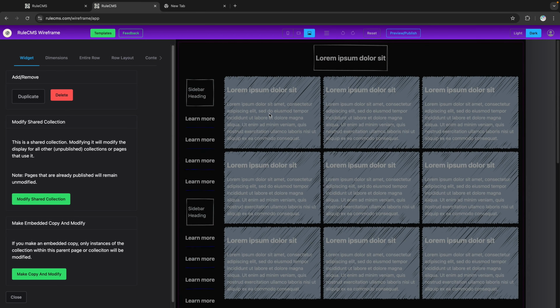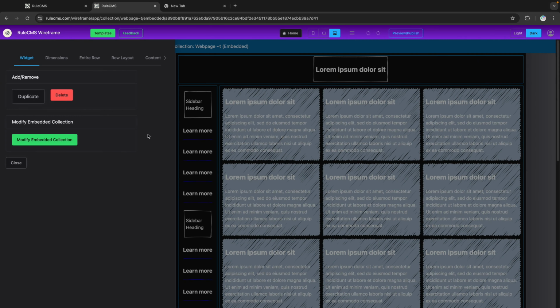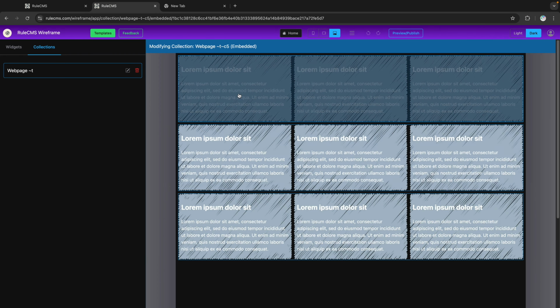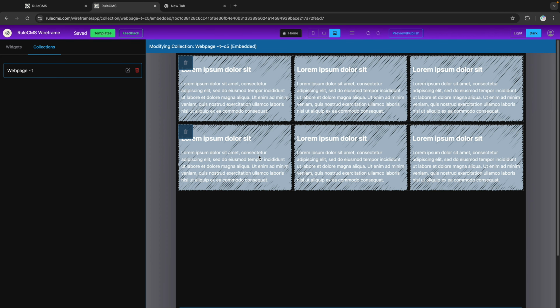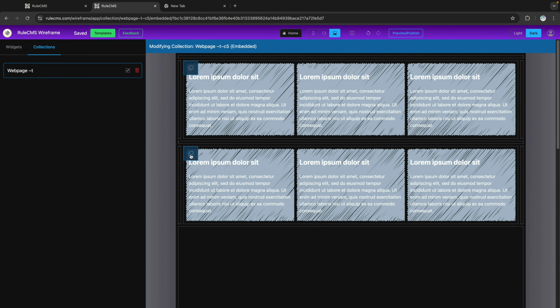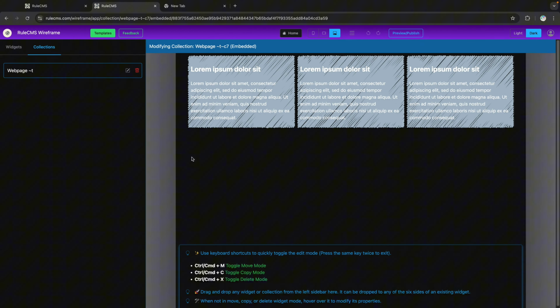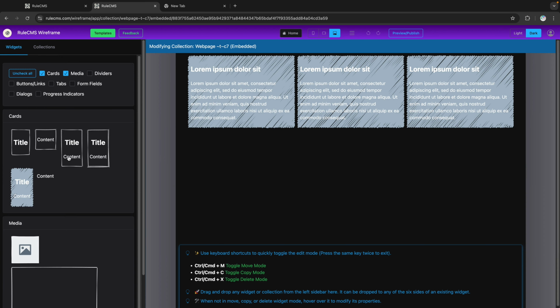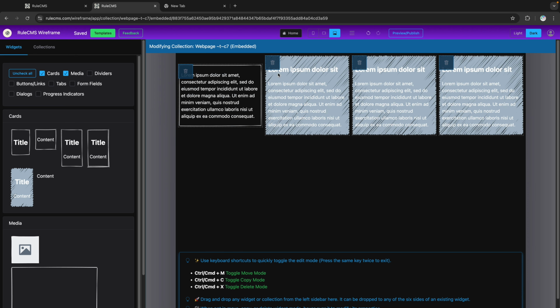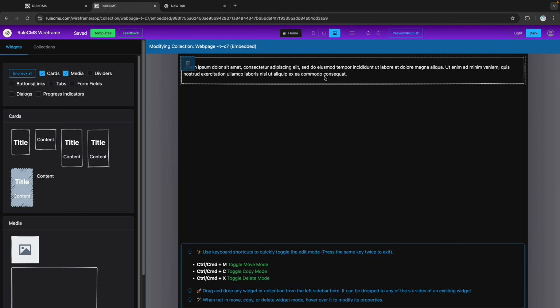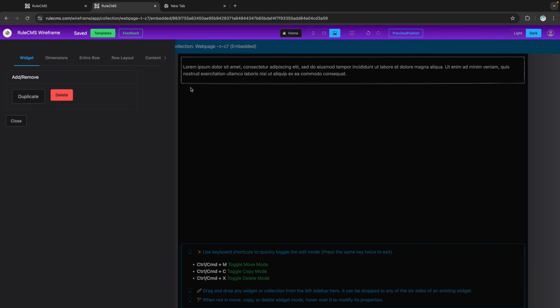So similarly, anything at all that we want to edit, we can change here. So maybe for this guy, there are 3 rows. Let's do something very specific. In this case, let's delete a row, and then for this row, we want just this row to be something different. So let's just edit that row. So we'll take this, go in here, and this row we'll just swap out the cards here with something different. So we'll use this kind of card, we'll delete all of these, and for this card we'll go into edit mode,